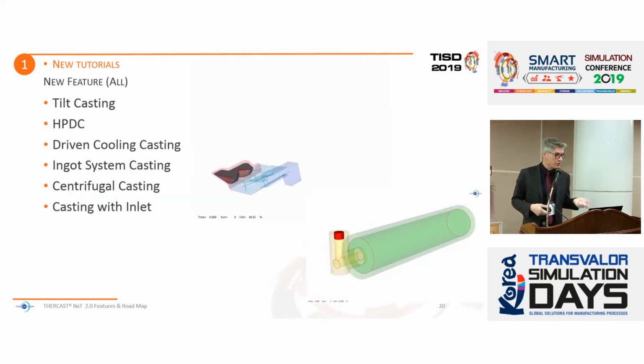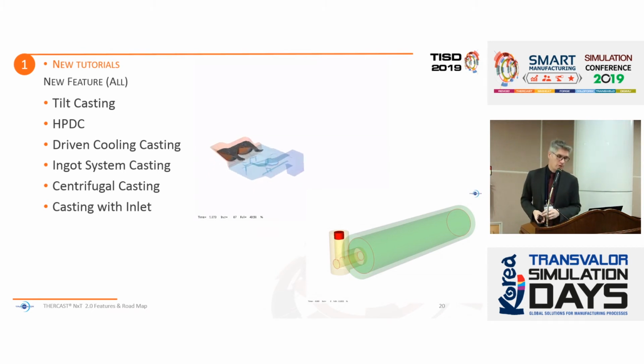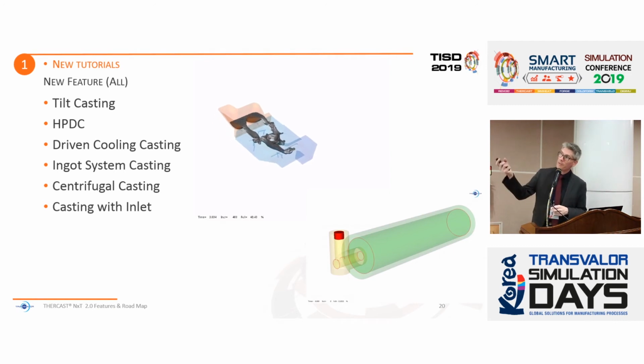We will also enrich the tutorial and the documentation in order to guide you to set up different kinds of casting. So tilt casting, HPDC, driven cooling casting for heat treatment, ingot casting in order to see how we take into account the self-radiation between the ingots, for example, centrifugal casting and casting with inlet also. For example, this is an illustration of tilt casting that you will be able to do now